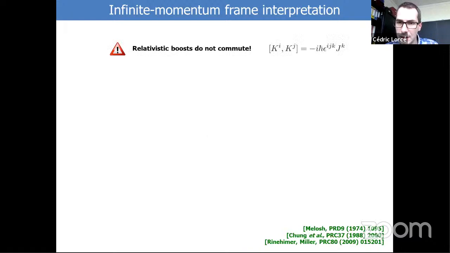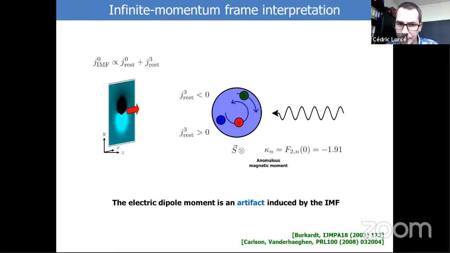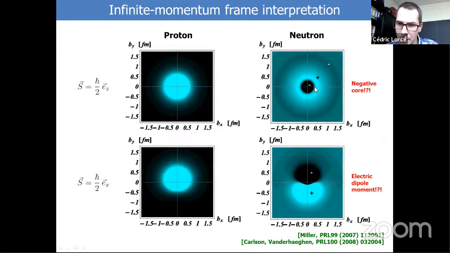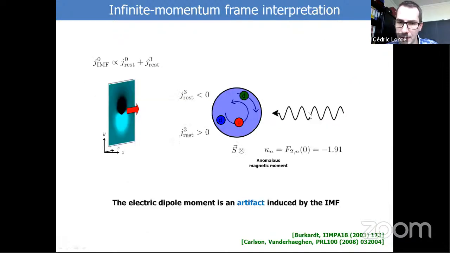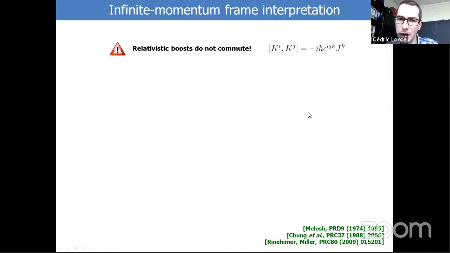The other aspect that is important to take into account is that this explains the dipole here, but it's not sufficient to explain why we have a negative center here. The other piece that enters the game is another very unintuitive relativistic effect: boosts do not commute. If you boost in the x direction and then in the y direction, you do not get the same thing as boosting first in the y direction and then in the x direction. This is purely a relativistic effect.